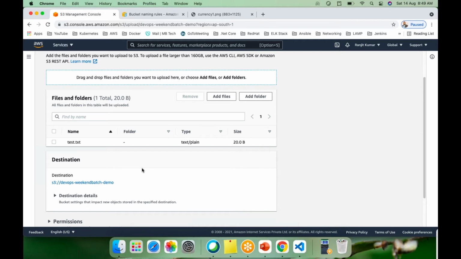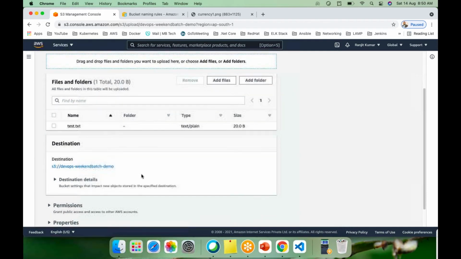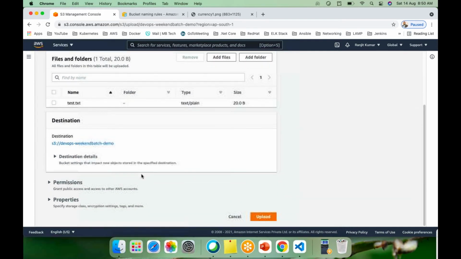Let me create one demo file, with the text: demo file for S3 lab. I just entered some data here. Let me save this one.